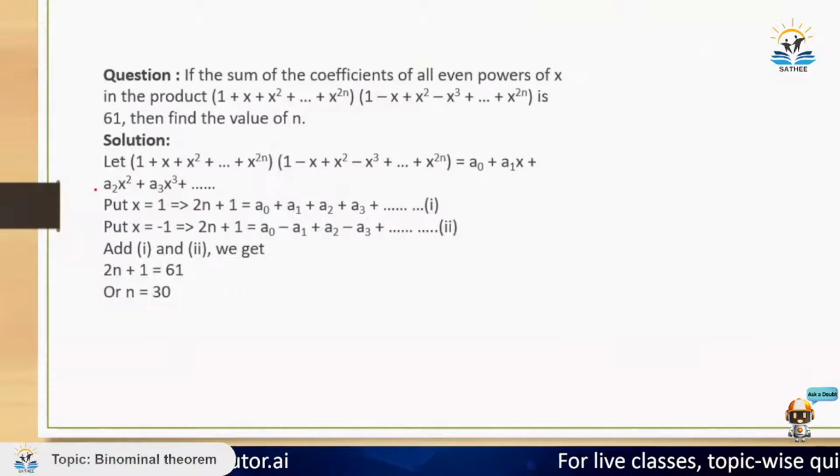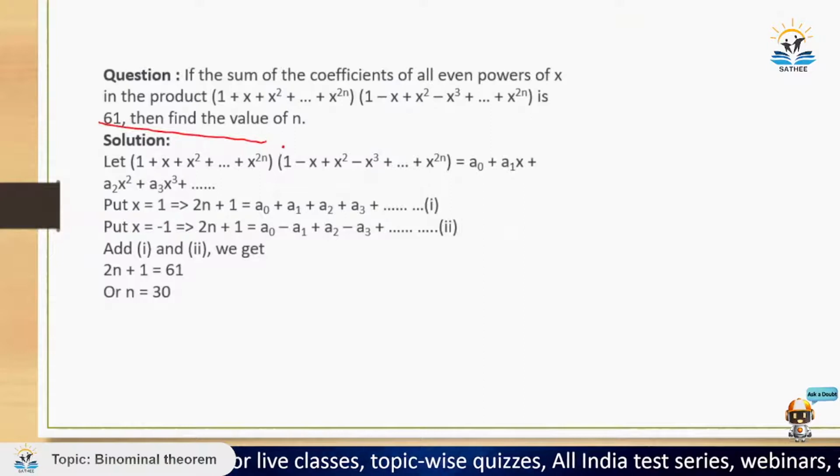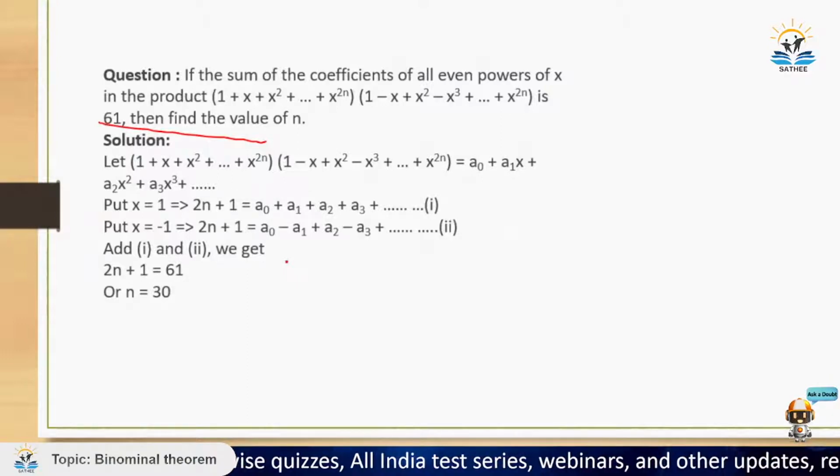ठीक है, ओके, अभी क्वेश्चन करते हैं। If the sum of coefficients of all even powers of x is 61, then find the value of n. मेरे को इवन पावर ऑफ x का जो कोफिशिएंट है उनका सम दिया हुआ है, 61 है वो, तो मेरे को n की वैल्यू बतानी है।